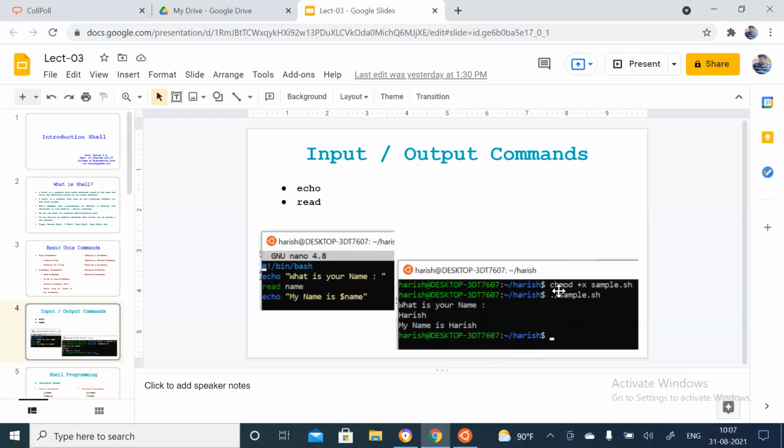I already told you in the last lecture that when we create a file, it does not have execution permission, right? So to get that permission, we need to change the mode using this command, or directly we can write bash and the file name. As I am using simply bash and the file name here, this will execute the respective script.